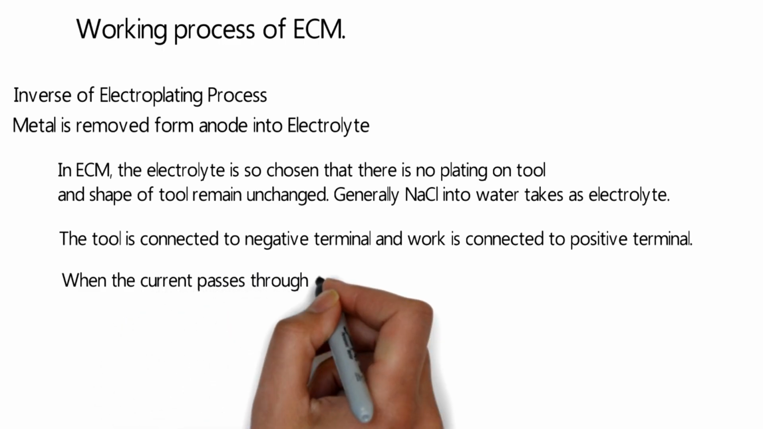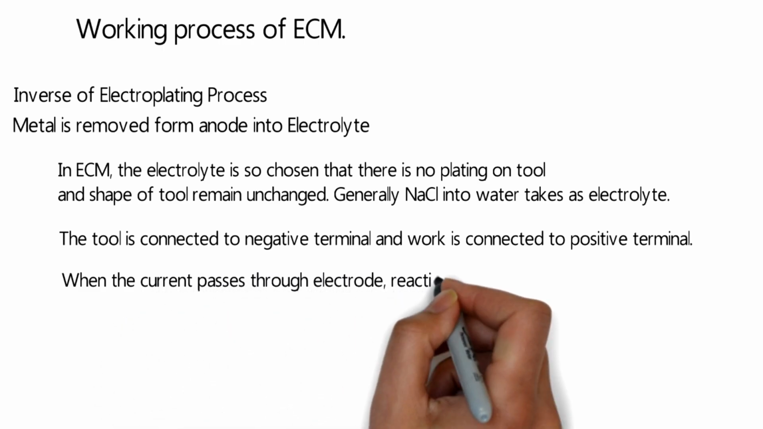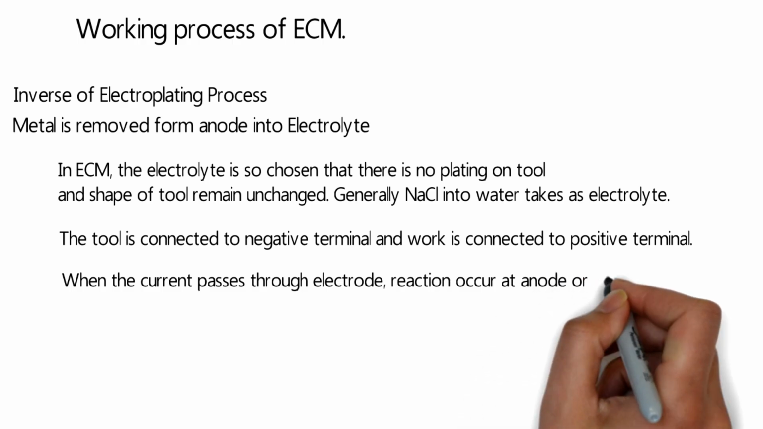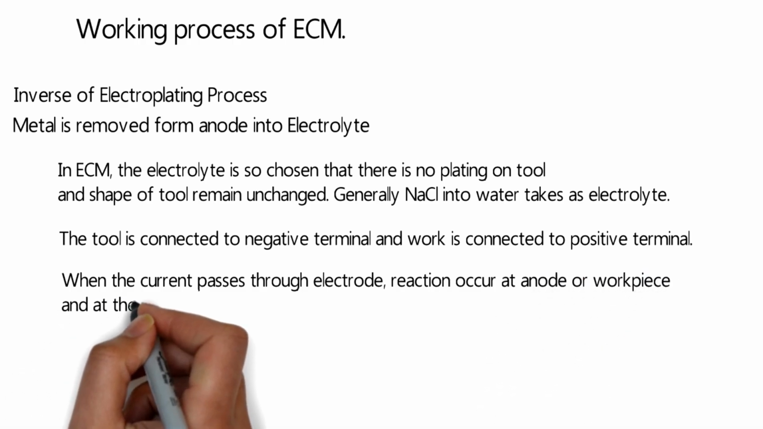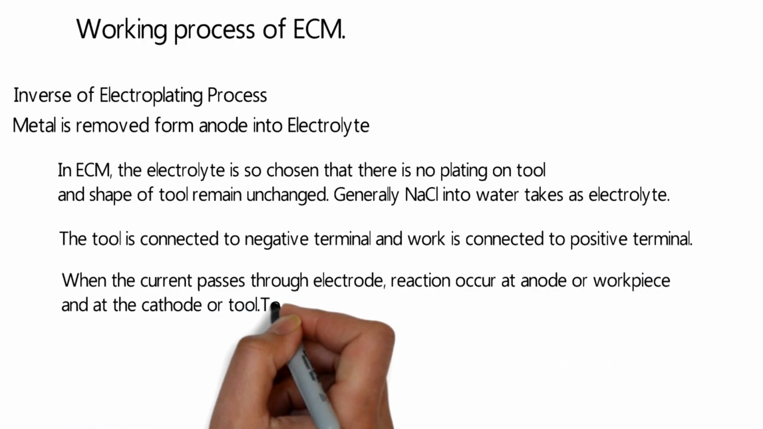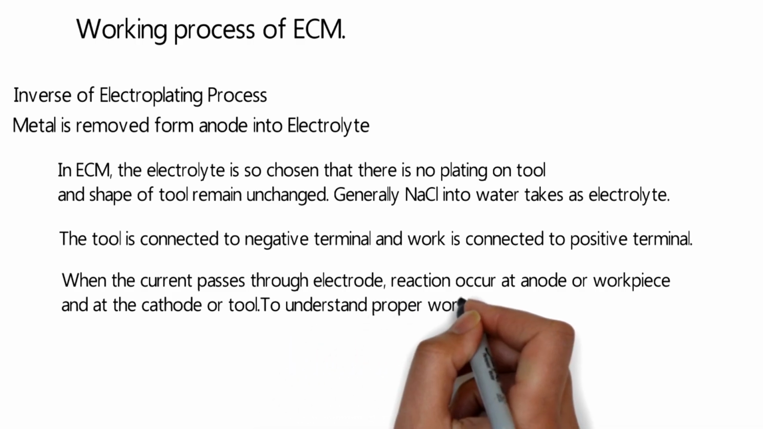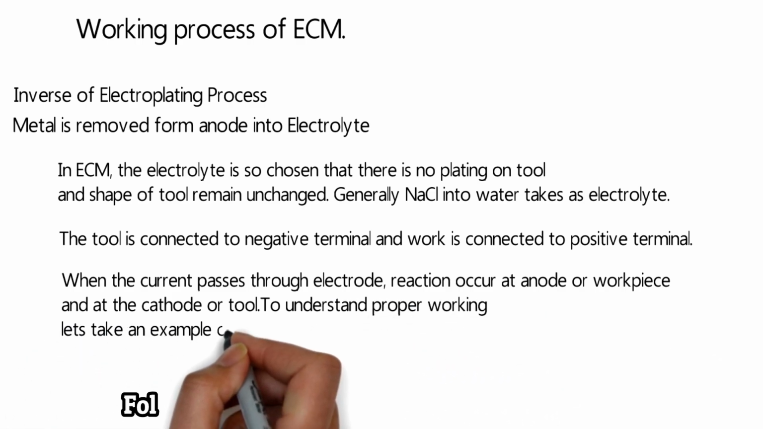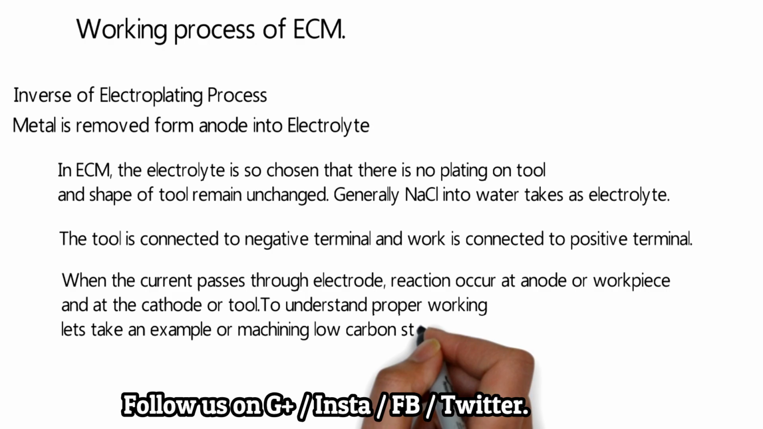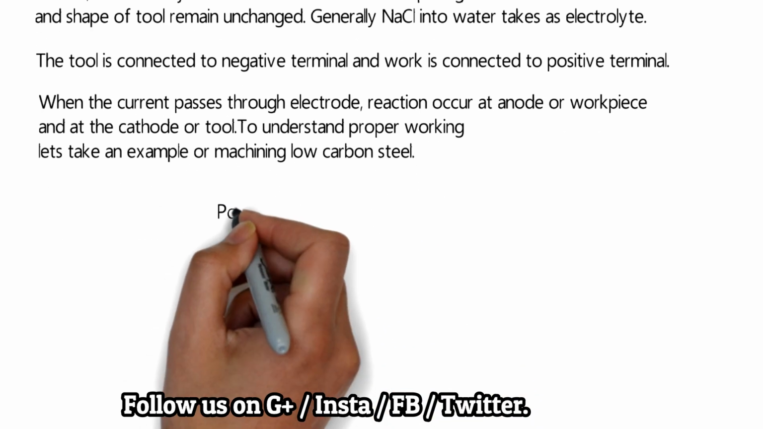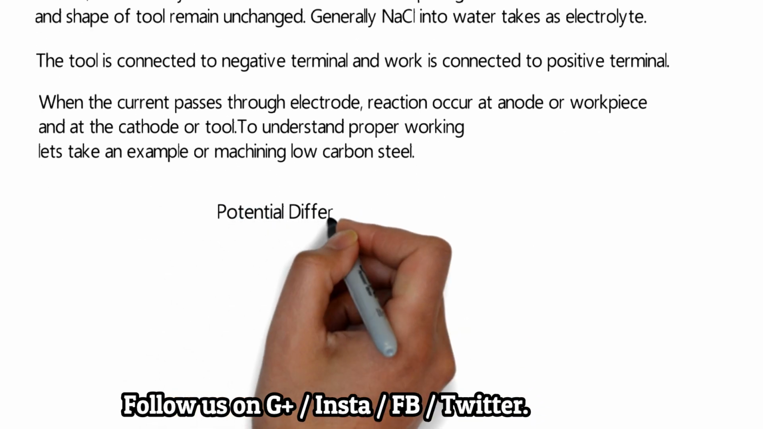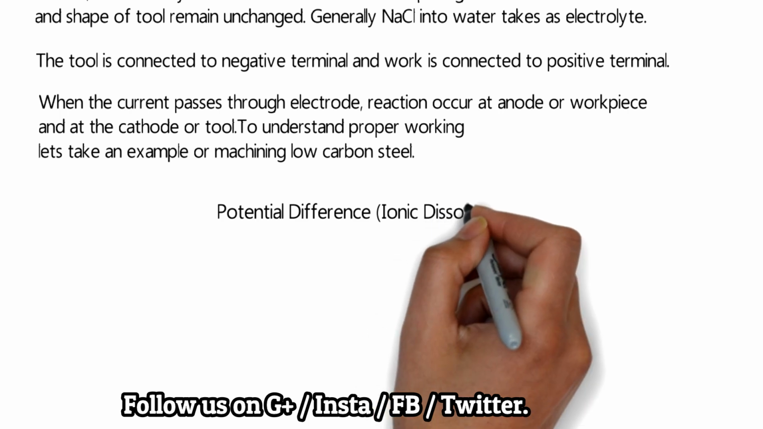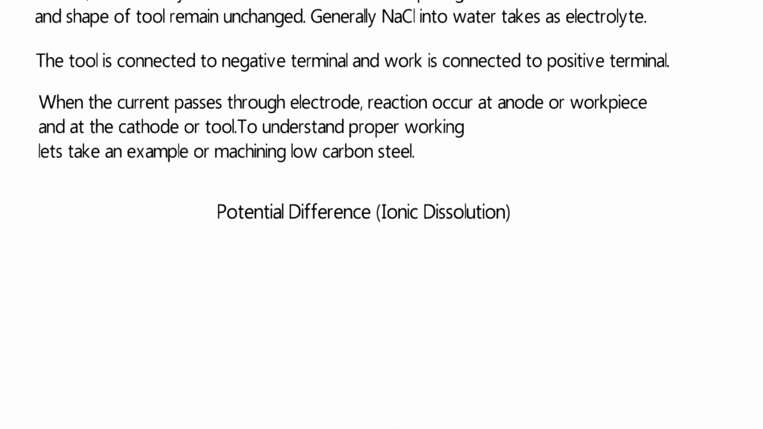So guys, when current is passed through the electrolyte, reactions occur at the anode, or the workpiece, and at the cathode, or tool, that is, reactions occur at both ends. To understand the proper working, let's take an example of machining low carbon steel. When we apply the potential difference, ionic dissolution takes place